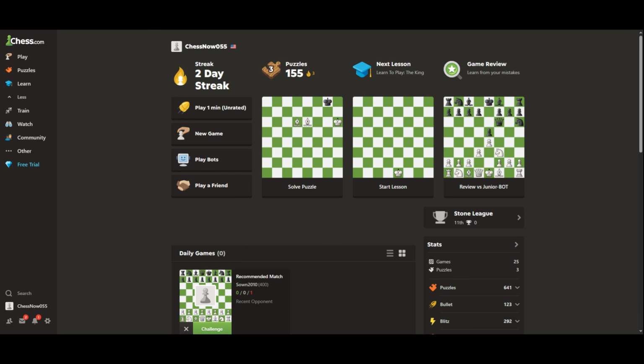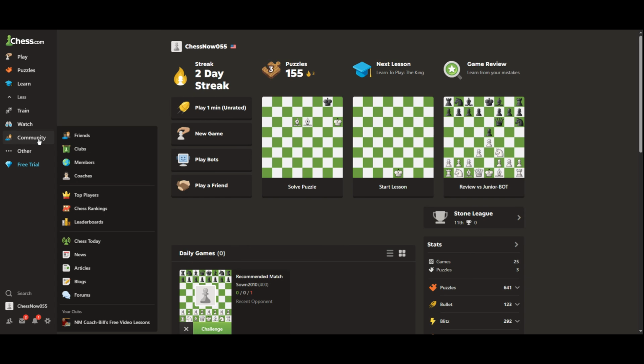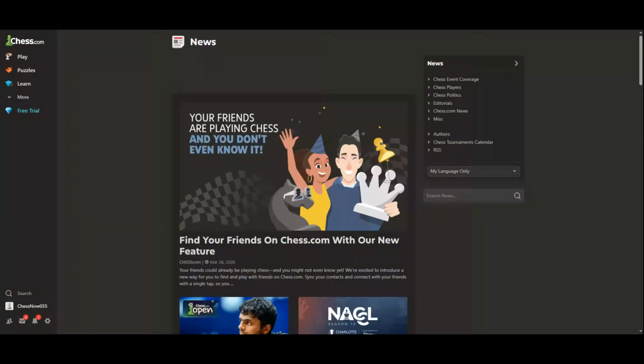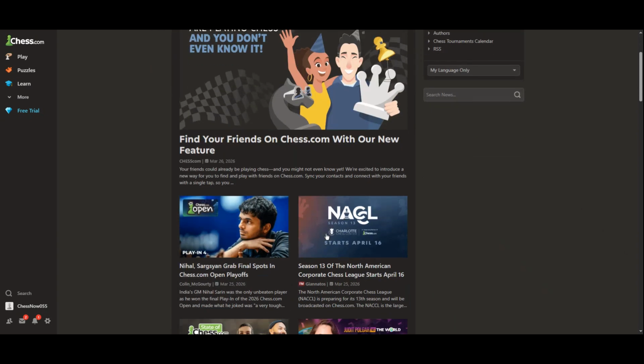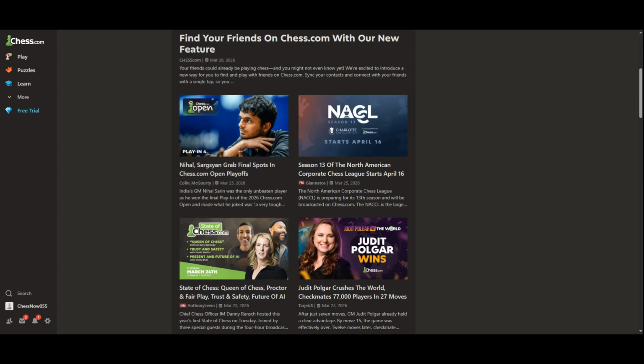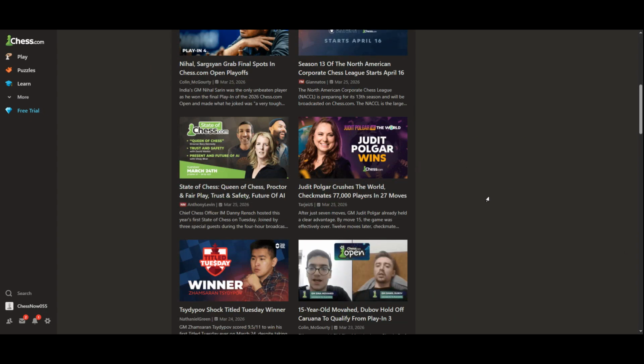Hover your mouse over that community icon to open the pop-up menu. As soon as the menu appears, you'll see a list of community-related options. From that menu, click on News. This will take you directly to the chess.com news page, where you can browse the latest updates, announcements, articles, and community posts. If you are looking for recent chess stories, major tournaments, site updates, or featured content, this is the